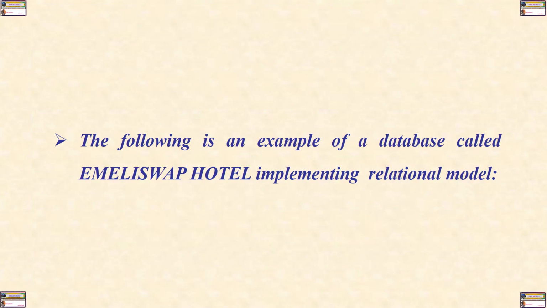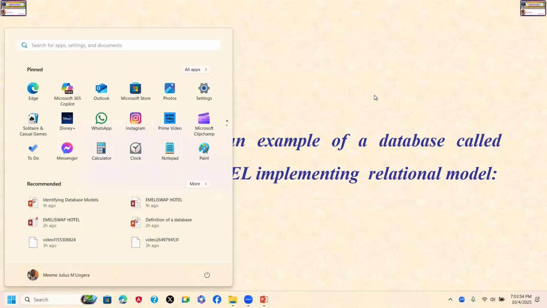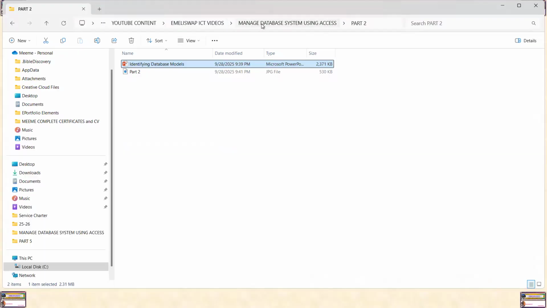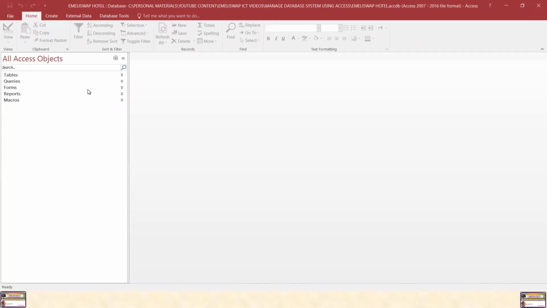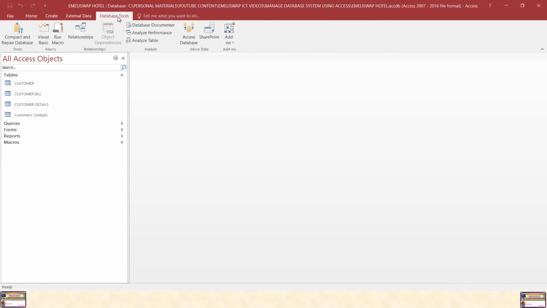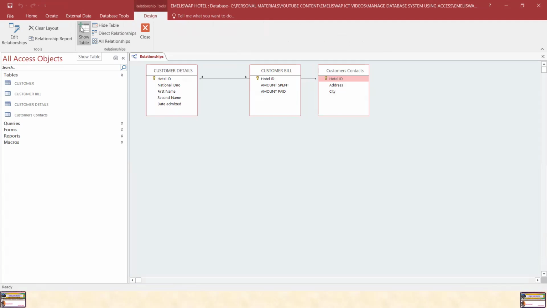The following is an illustration of a database that I showed you in the first part of the series, called MLSwap Hotel. This database is implementing what we call the relational model. So let's look at the database here. Let's open our database. This database is called MLSwap School. It implements what we call the relational model, because if I click on database tools, and then I click on relationships here, you'll be able to see